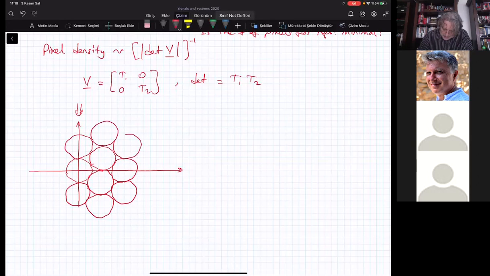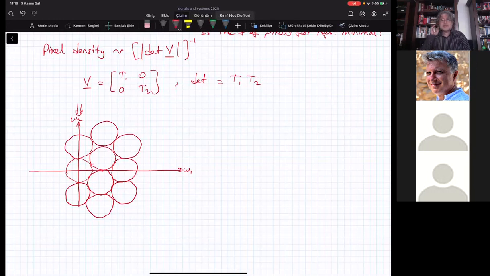This thing is more dense, or more compact, in the frequency domain, because this is the omega-1, omega-2 domain, right? If you may remember. So this is the natural way of squeezing things as much as possible. And if this in time domain corresponds to a sampling, then the number of samples will be minimal, and the sample density will be the maximal. It is the most compact way of representing this circular Fourier transform, or the shape with that circular Fourier transform,